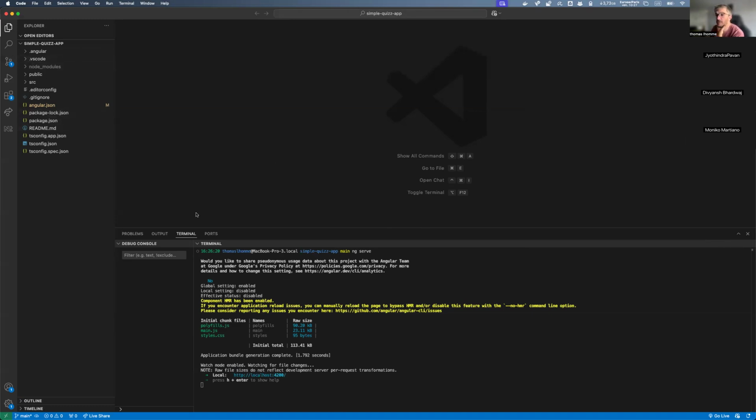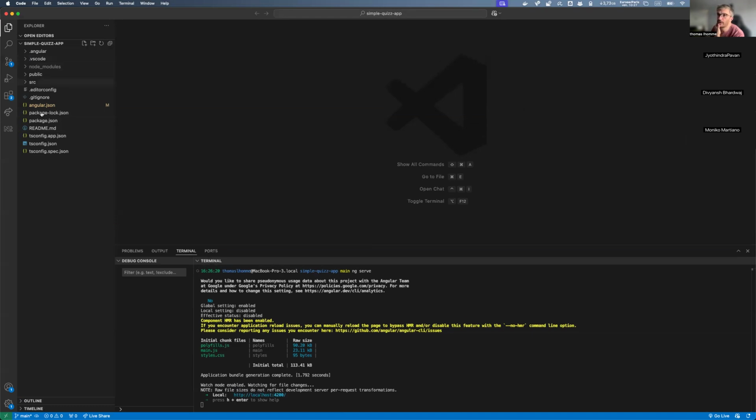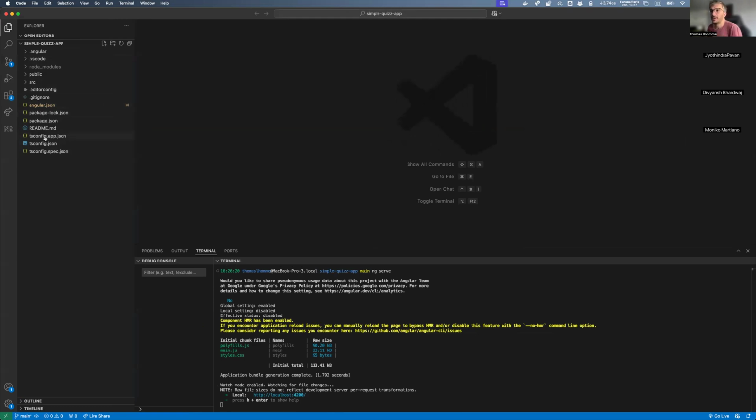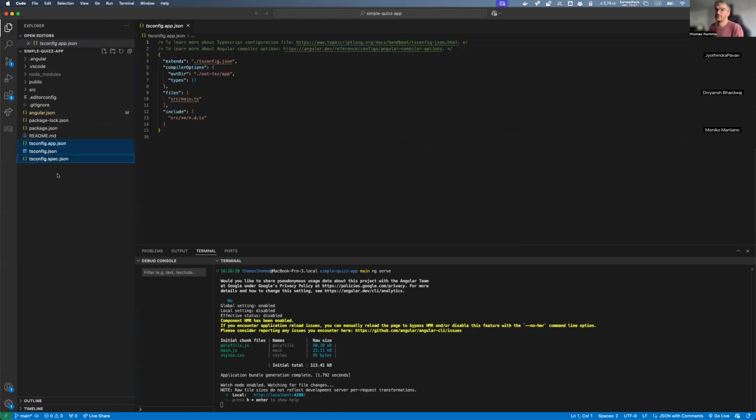So great. Now we're going to talk about all the files that you have created here. By default, you have the tsconfig here. It's related to TypeScript. It's not really for us. This is really linked to how TypeScript is working. This is more regarding a language, not a framework, so we're not going deep into this one. And actually, we don't really need to modify those files that much, right?